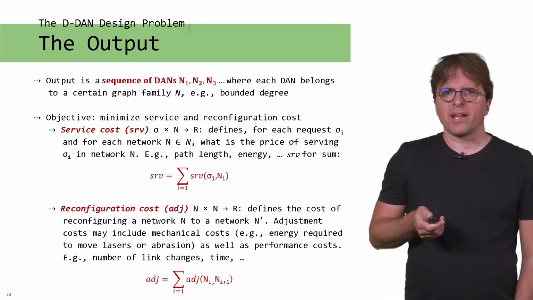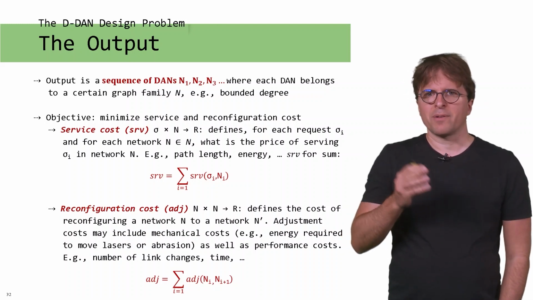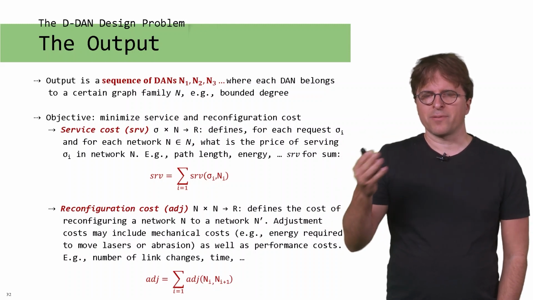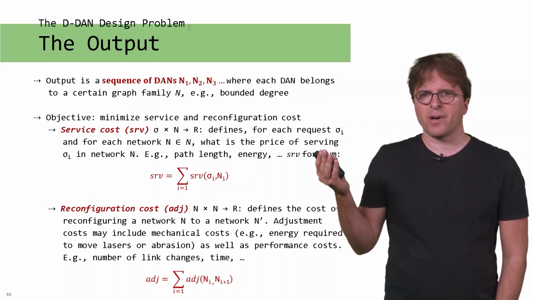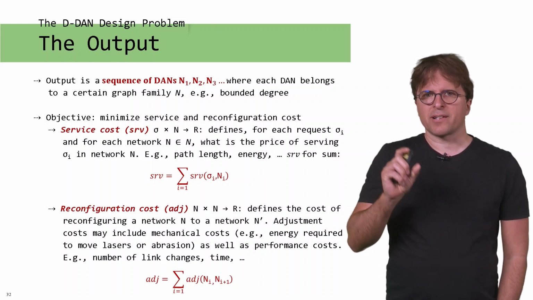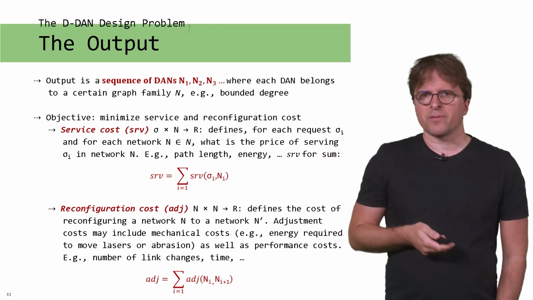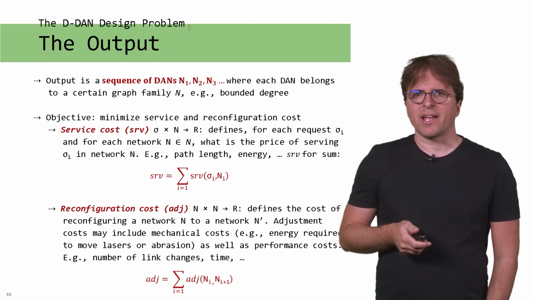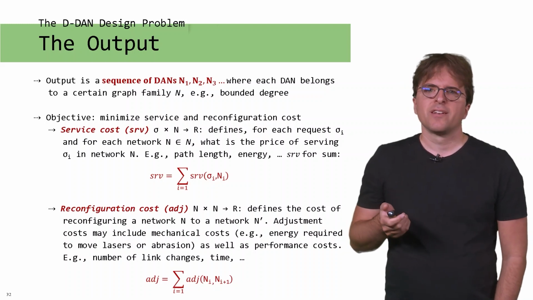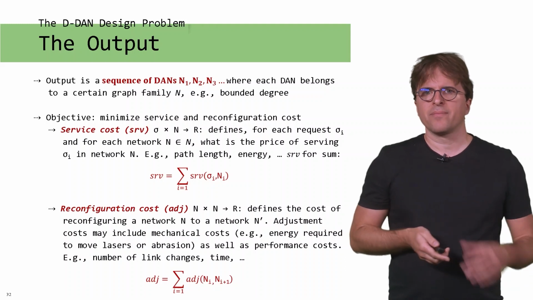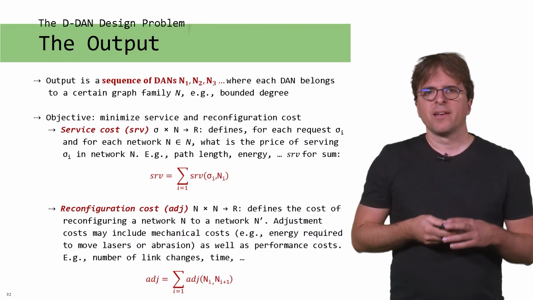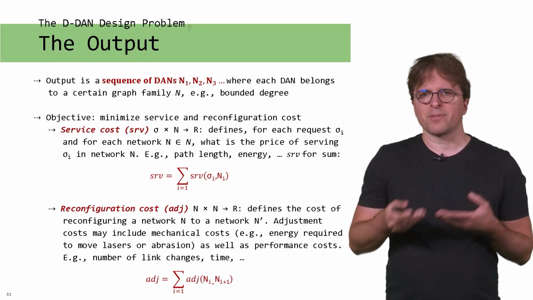But then we also have something like a reconfiguration cost. So now we want to change the network from this type of network Ni to maybe a network Ni plus 1 at a certain time. So we also have this adjustment cost that is like the sum of adjustments over time. And again, a basic way to measure adjustment cost would be the number of links that we change. But any other type of adjustment may also be modeled. For example, adjustments may cost energy, they may cost time, so we may also be able to model this kind